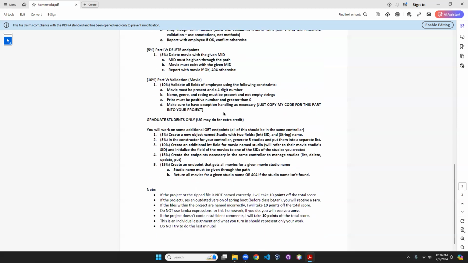If you're an undergraduate, you would stop here. If you're a graduate student, you have to do the graduate student work. If you're an undergraduate, you may do the work for extra credit, but if you're a graduate student, you must do this work. So for graduate students, or for extra credit for undergraduates, you're going to get some additional GET